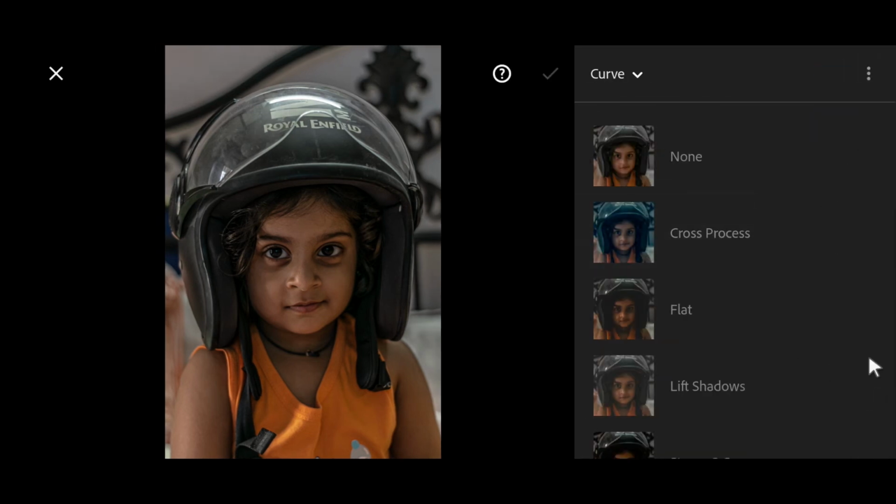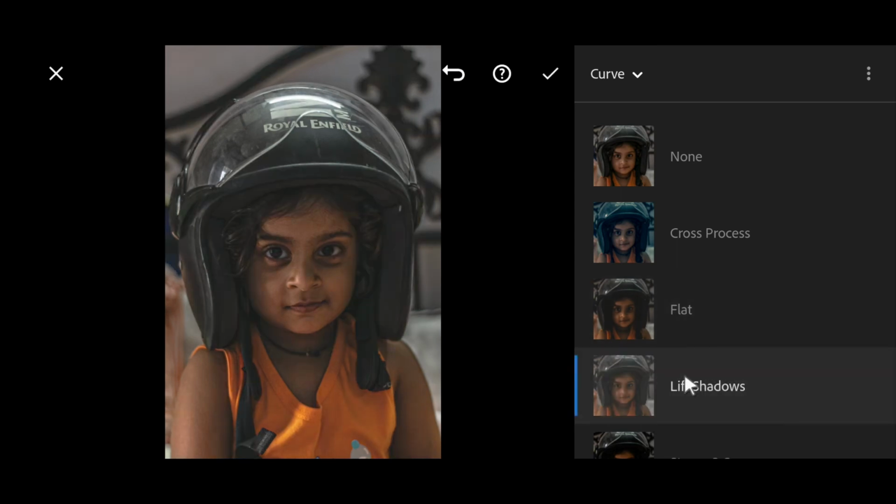Now I'll be adding this preset. One of my favorite preset is lift shadows, and it is like great. Flat is also good, but it just darkens your image too much. I regularly use this lift shadows. Now look at it, how great this image is looking.